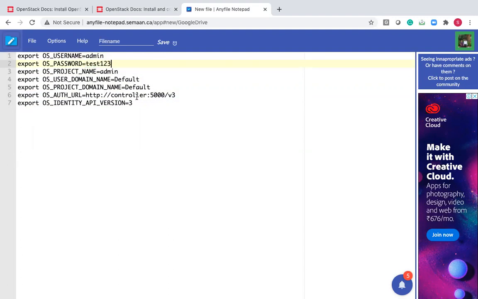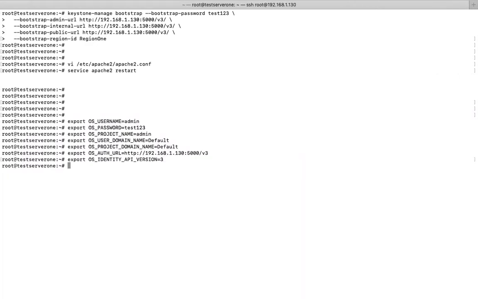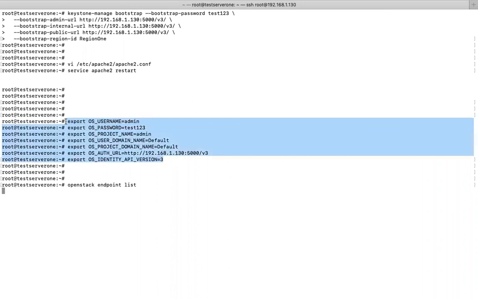Now execute this command, and your endpoint is 192.168.1.130. Copy these commands and just execute them. Then you are good to go. Now if I execute the OpenStack endpoint list command, if the details you have passed are valid and it is successful, it will give you the details.